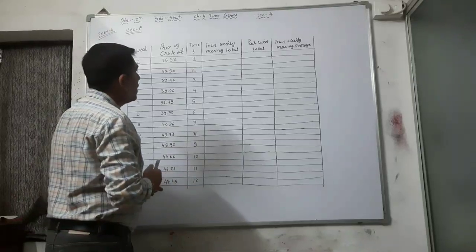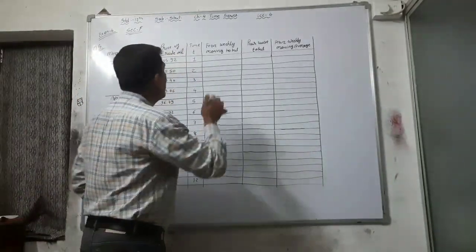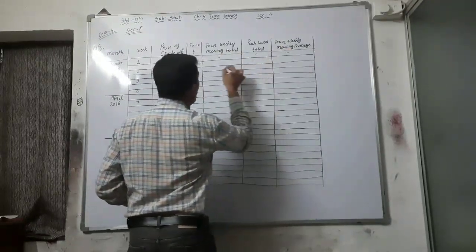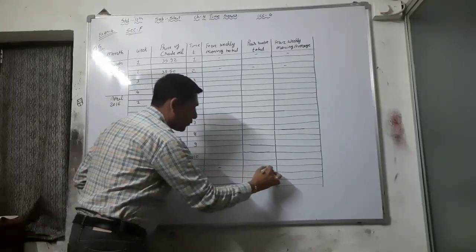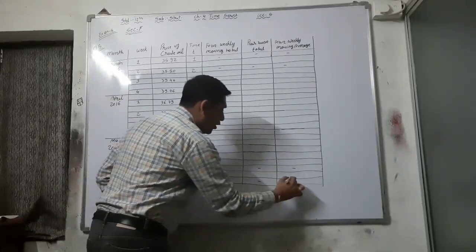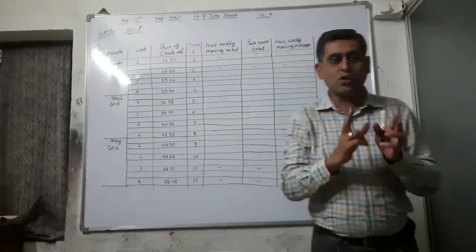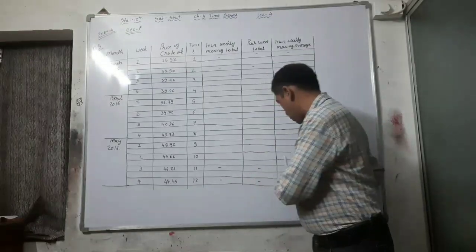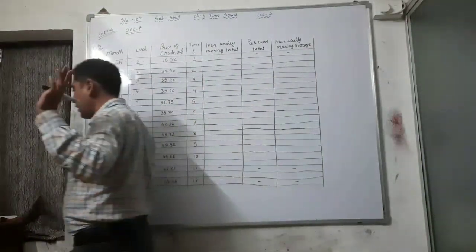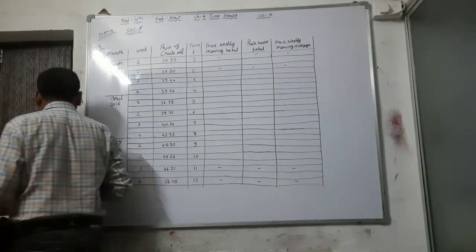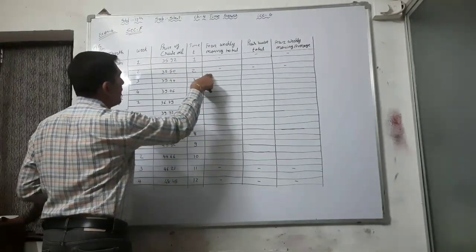So here 12 weeks, and in the 4 weekly moving average, first of all we have to put a dash for the first 2 weeks of data and the last 2 weeks of data. We cannot find out the 4 week moving average values of the first 2 weeks and the last 2 weeks of data. That's why we have to make a dash there first, right? Okay, now add these 4 and write down the total in the center here.